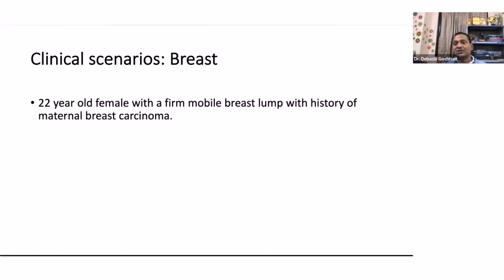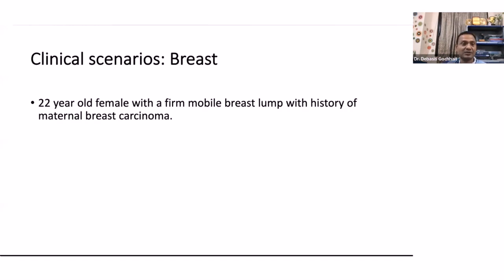So here the next question will come. How will you confirm that she has a benign or a malignant breast lesion? How will you confirm? We can do the triple test. First, clinical. Clinically, it's a mobile lump, likely to be benign. We can do an FNAC. We can do mammography. So all these things together will help you to diagnose whether it is a benign or